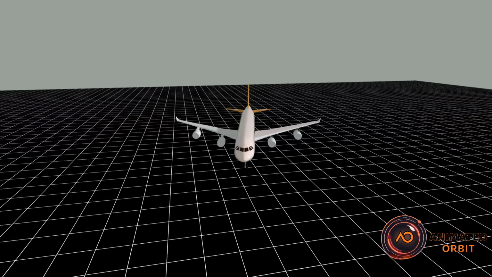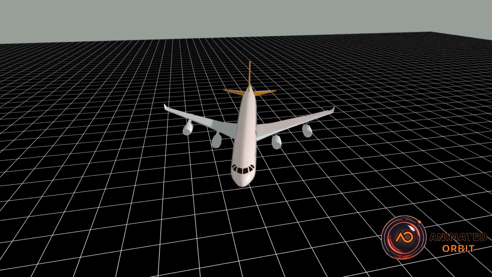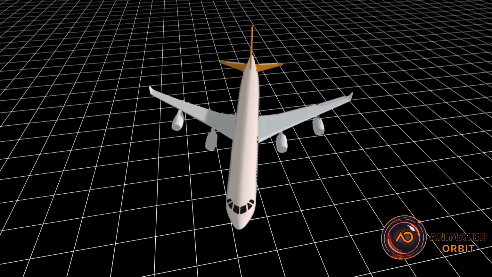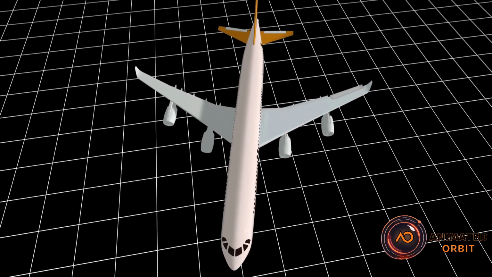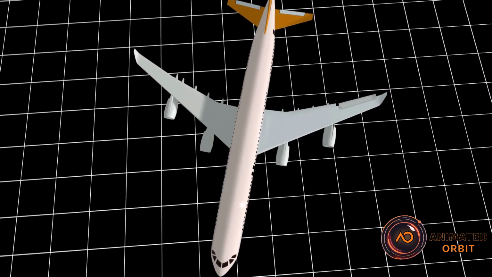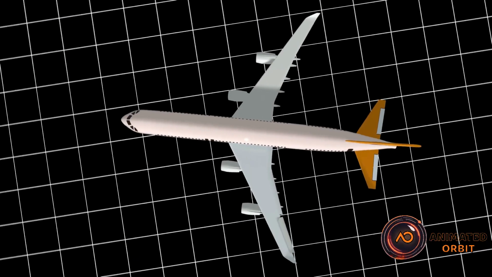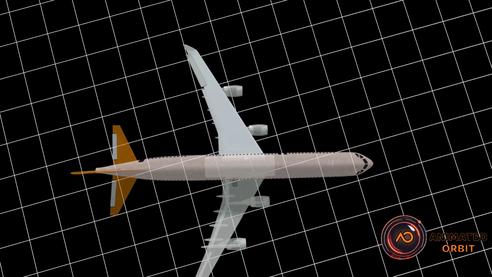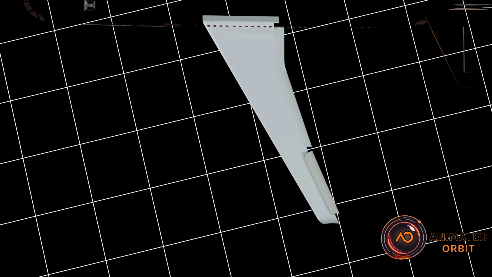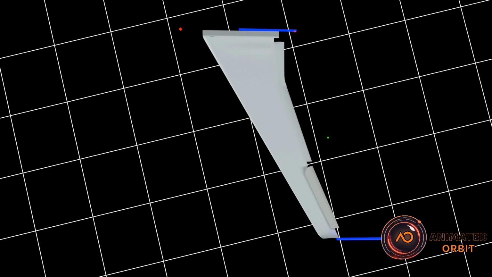The mean aerodynamic chord, MAC, is the average chord length of a wing, representing its aerodynamic behavior. Chord line: a straight line from the wing's leading edge to the trailing edge. For tapered or swept wings, chord length varies, so MAC is calculated as a weighted average. It helps determine the aerodynamic center, which is crucial for stability and design in aircraft. In simple terms, MAC simplifies complex wing shapes into one